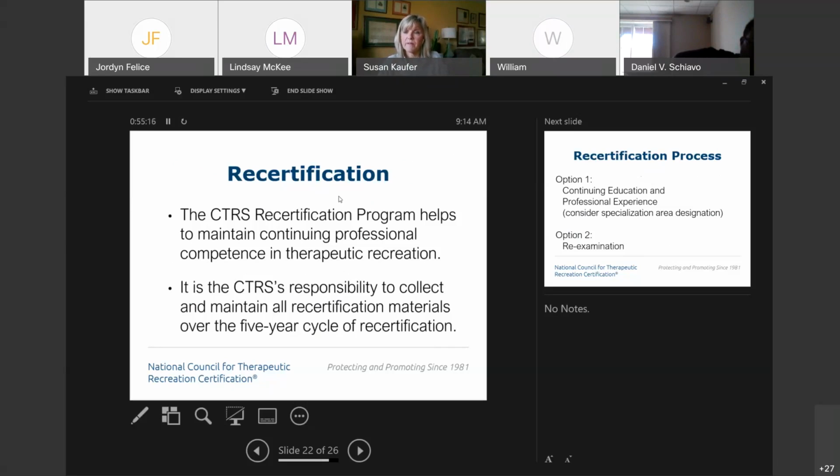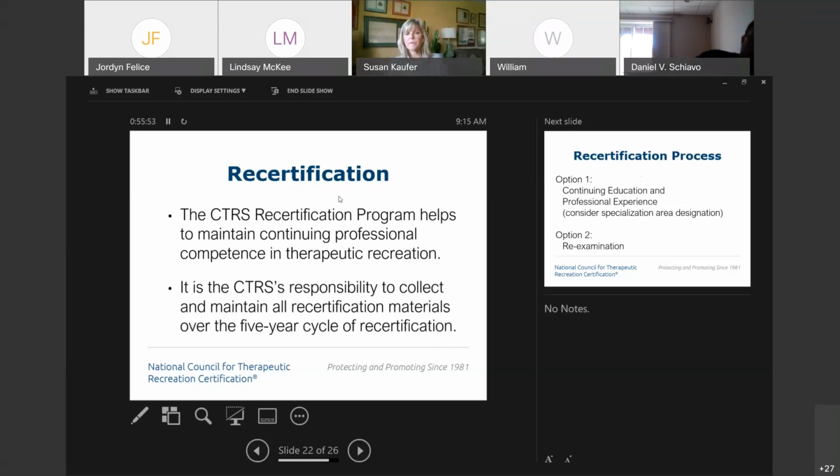Also, if you visit the NCTRC website, under that verification link, you will also be able to see your very first certification date when you gain certification. Also, you will see your annual date and your recertification date. So there are lots of ways to know exactly when you're due to recertify, and to have a good, secure feeling. We talk all about being competent and effective in our practice in order to best provide that protection for the consumers of our services.